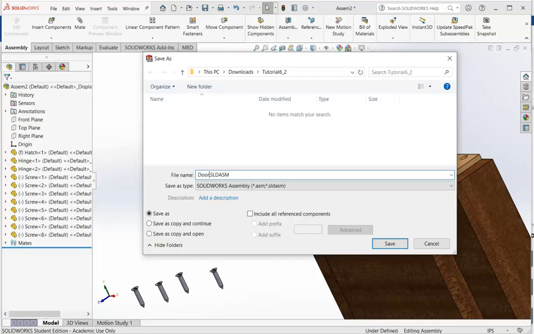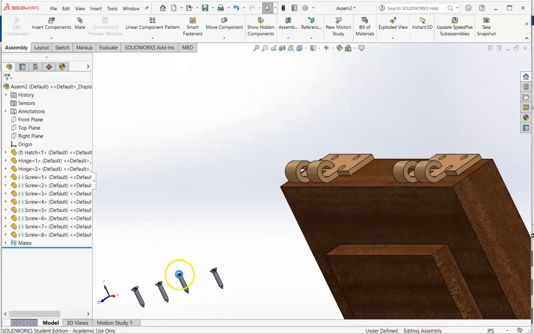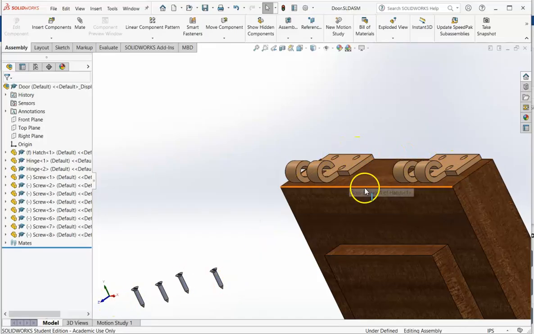It's now SLDASM. That's because we have an assembly, which is a different file extension. Click the save, and in our next video, we'll insert these screws into their appropriate locations and add pilot holes to the wood hatch to help